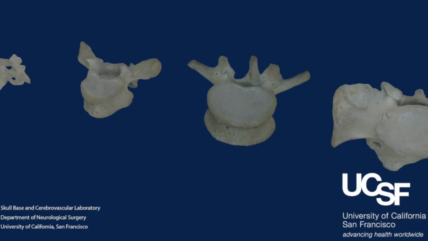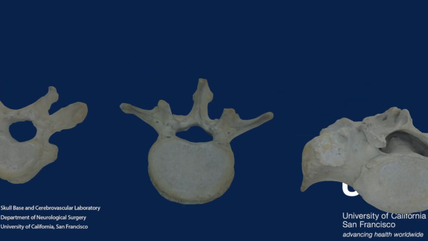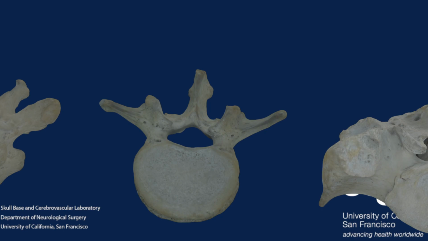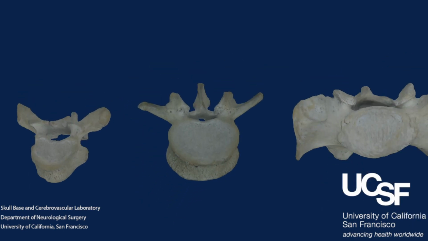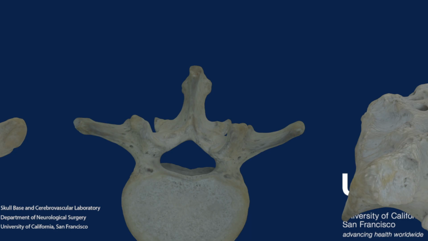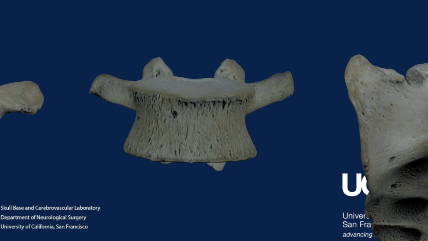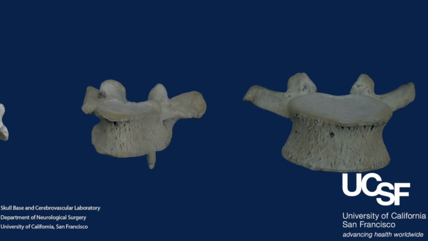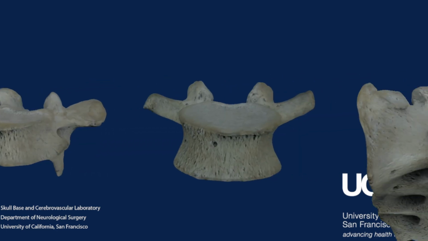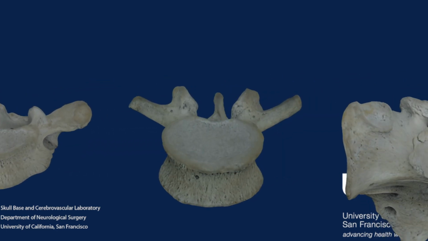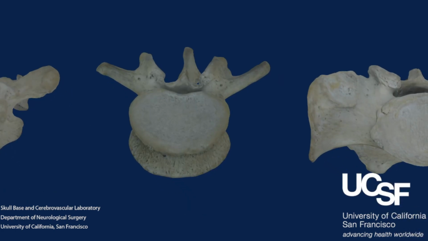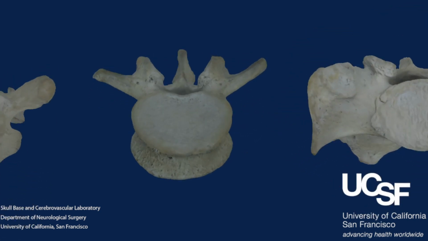A vertebra is formed by two big components. One is the body, and the other is the vertebral arch, which lies posteriorly. Again, the body has the shape of a cylinder, and it's going to change in its dimensions due to the amount of force that each region needs to handle. The body